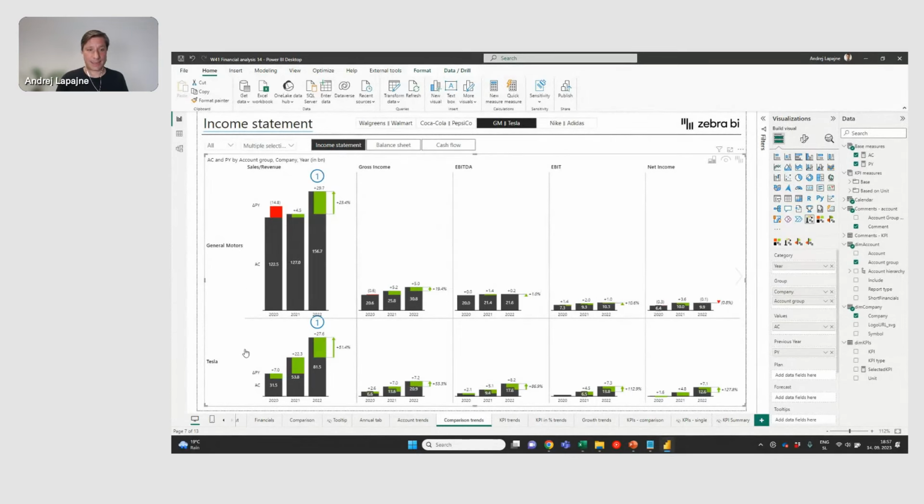GM versus Tesla. So the growth here, we already saw that. Of course, much more revenue still on the side of GM, but again, a similar story already. The EBITDA, right? It's already close, getting closer, but then EBIT, 13.8 compared to 10, it's already higher here with Tesla. All right, and these are just basic